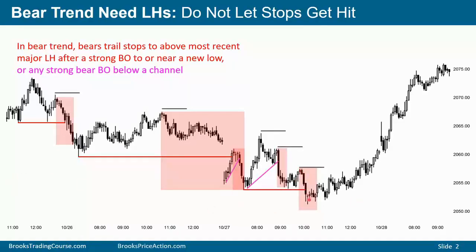We have a breakout to a new low, pretty strong breakout. The bears do not want to see the market get above this high because if it does, then they think that maybe it's no longer in a bear trend. It might now be either in a trading range or a bull trend. So they get out, and if there's a strong reversal down, they'll look to sell again. Here, 3 bull bars, 1 pretty good. They might not sell here. Here, a micro double top, micro triple top, but a bull bar, they might not sell there.